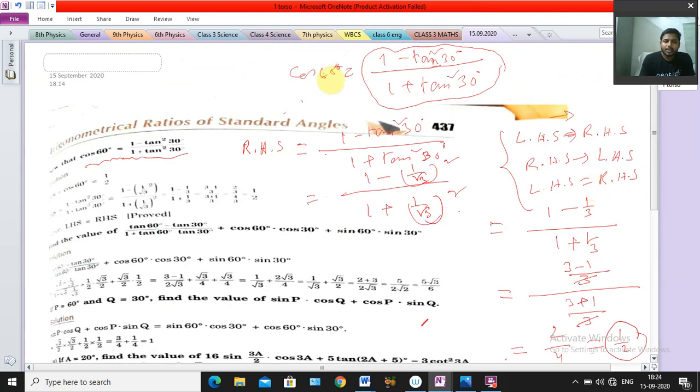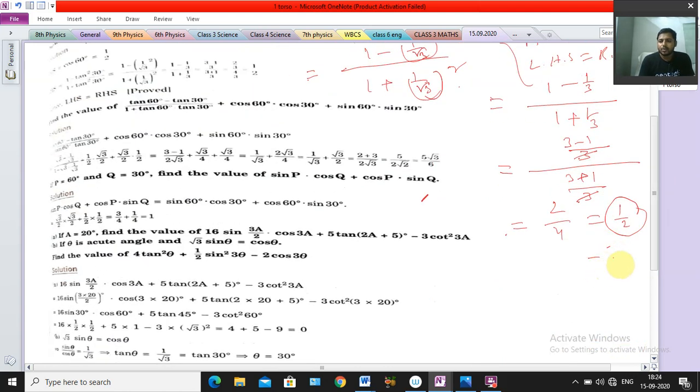Now see, left hand side, cos 60 degree, no? Cos 60 degree value is 1 by 2. Clear or not? So instead of half we can write cos 60 degree, because cos 60 degree equal to 1 by 2. So that is LHS. Clear? So that means proved. Understood or not? We are going right hand side to left hand side. Otherwise we can find the value of the left hand side and the right hand side separately, and after that both sides will be equal, that also we can do.